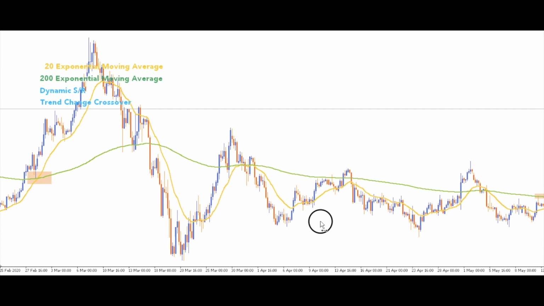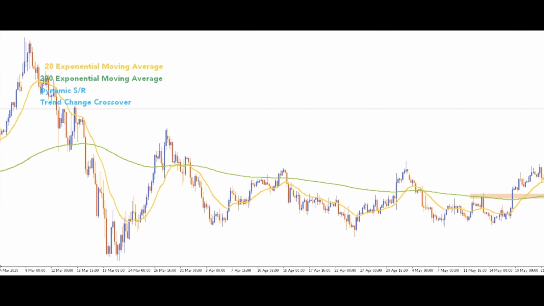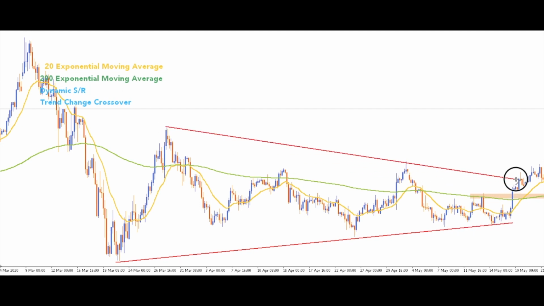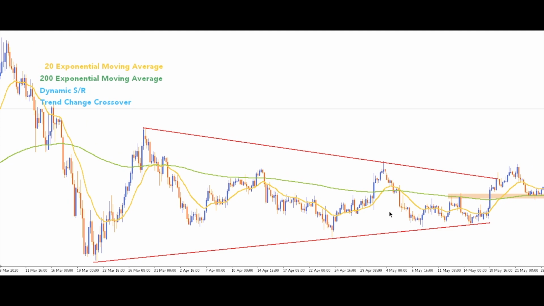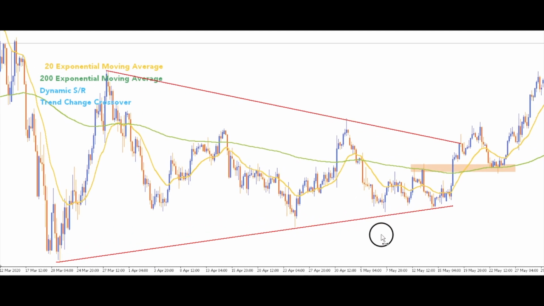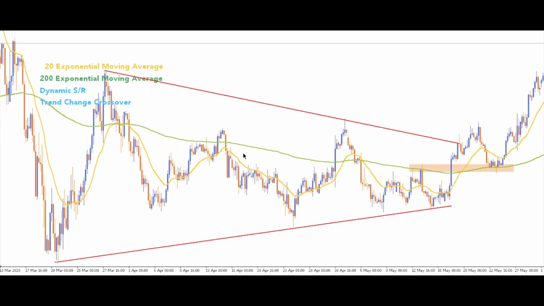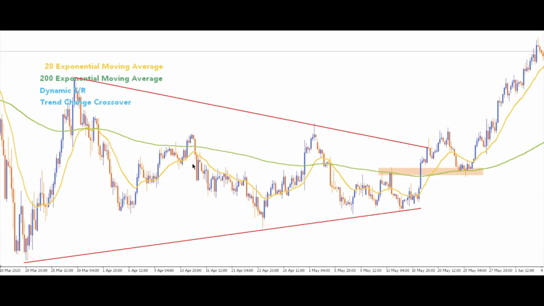Then if you go into a certain period when there was a big amount of range over here, if you just see, it was a kind of a squeeze, and in this squeeze there were numerous crossovers which failed. So you should understand that sometimes this crossover can fail, but you should make sure that the long-term moving average,